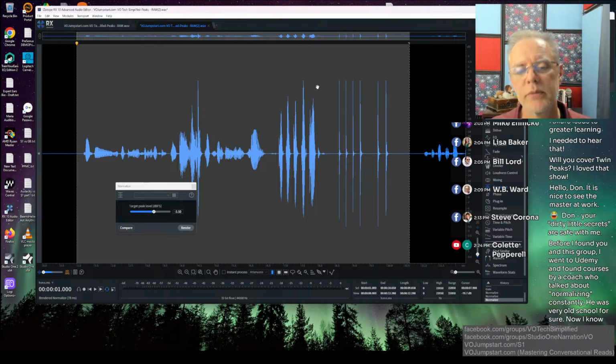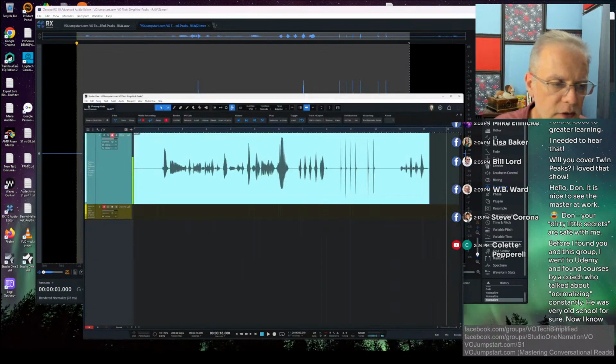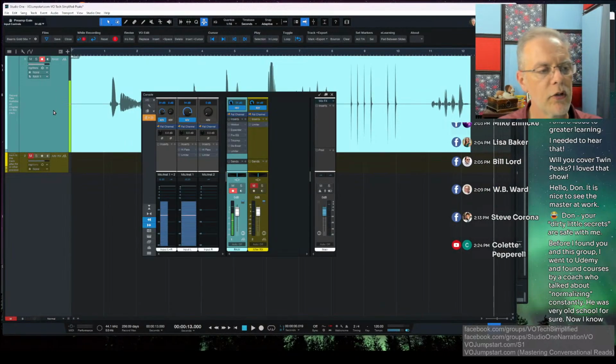Well, I shouldn't say all apps. All the more advanced apps absolutely have some headroom built into them where, during the processing, if I'm applying some different things on it, I may end up having clipping. And for example, if I was over here in Studio One, I have a couple things that are going on there. It has its little closet.